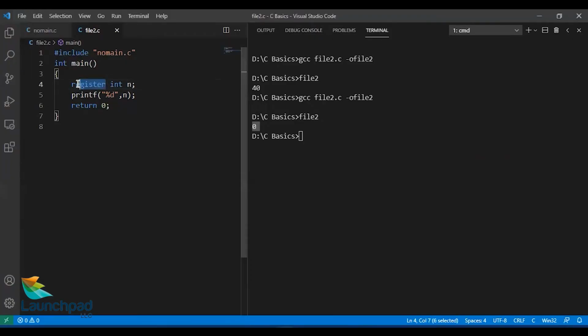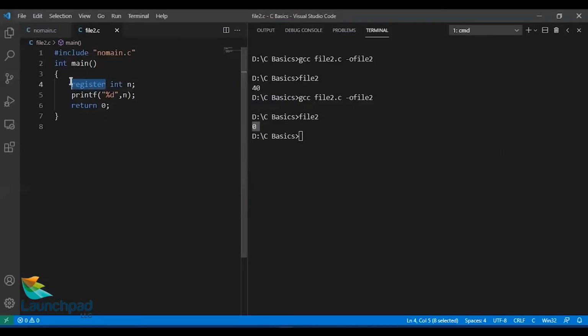Okay. In such scenarios, you want the system to respond very fast, for which you need the best memory in place to be used. So for such cases, we use this keyword called register. It is completely application oriented. We don't use it in terms of our coding practices or our educational purposes. But in production, register plays a major role.